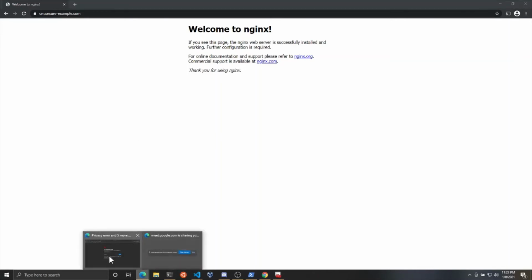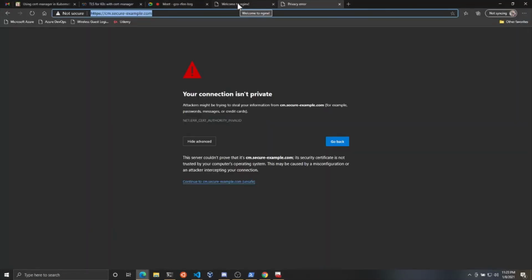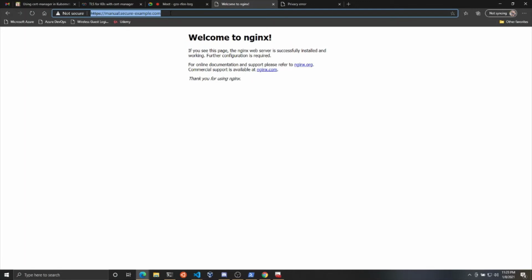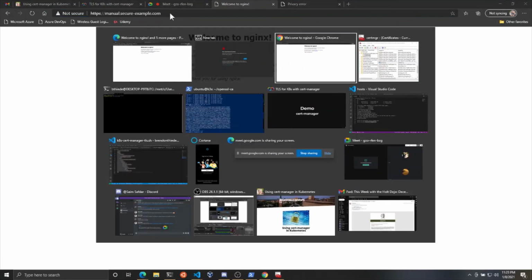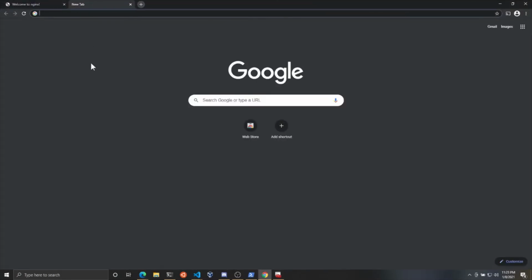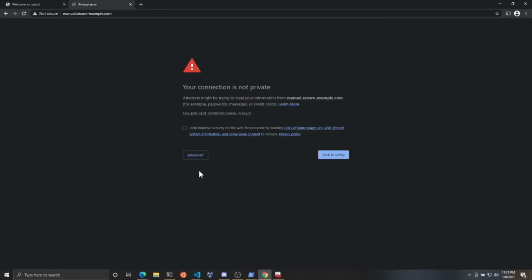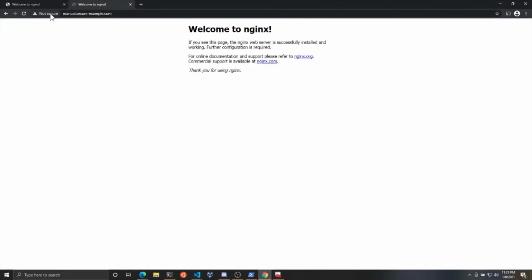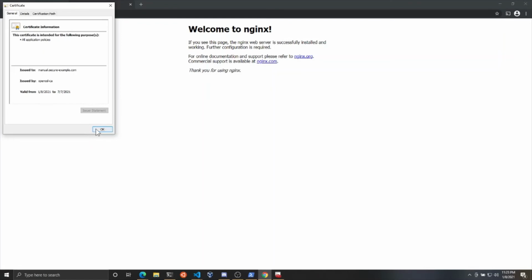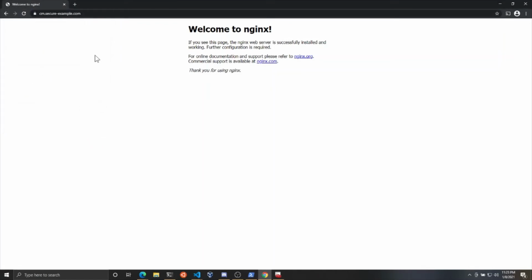And just for completeness, the previous cert we generated used the same certificate authority, and because we trust that certificate authority, well, now I look like a liar. That should have been trusted. I'm actually not sure why that didn't. I might have done something to the cert and messed it up. But anyway,